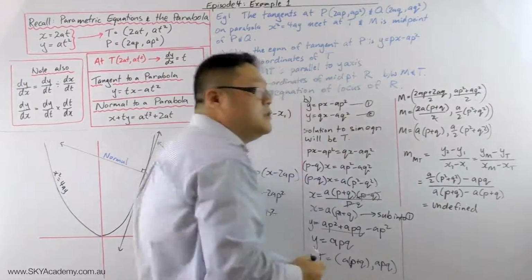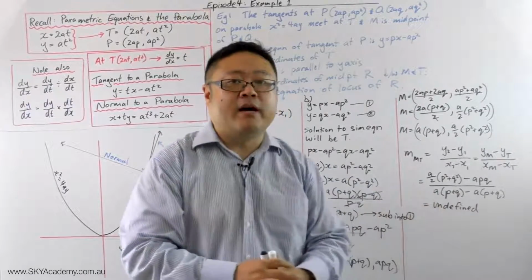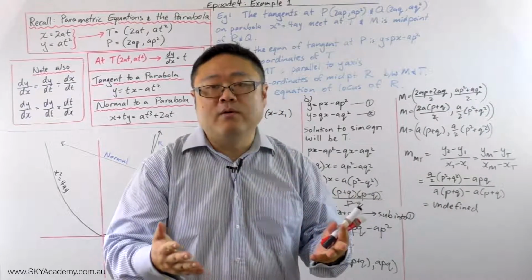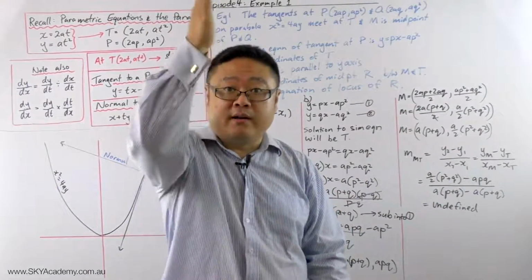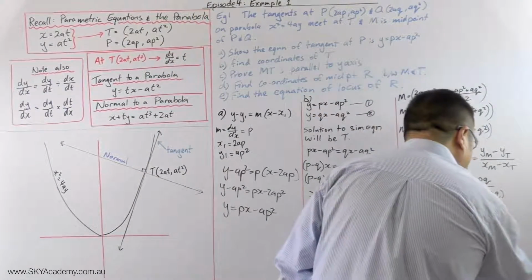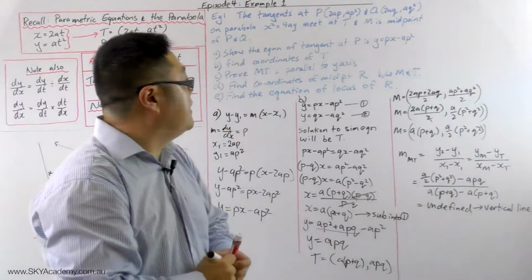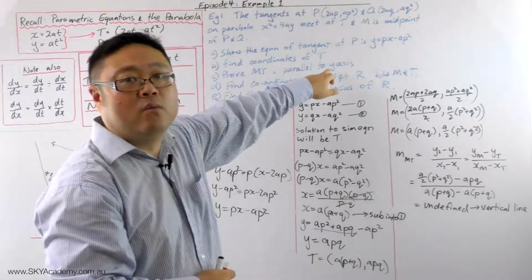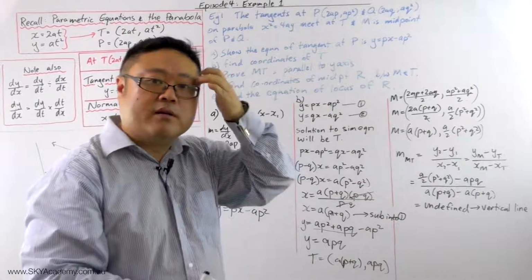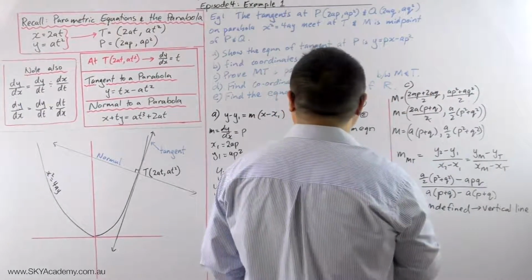All right. What is an undefined gradient? Or what is a gradient where the denominator tries to equal 0? Well, it's basically a vertical line. Does that make sense? It's an undefined gradient. So what it is is a vertical line, which means it is parallel to the y-axis, because the y-axis is a vertical line as well. Okay, so therefore, and this is part C,